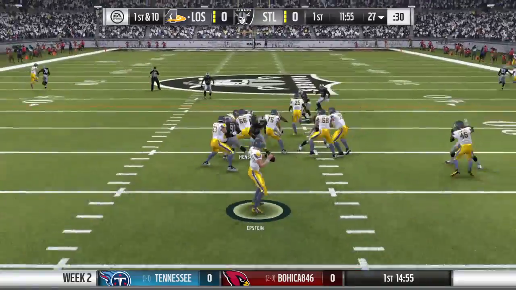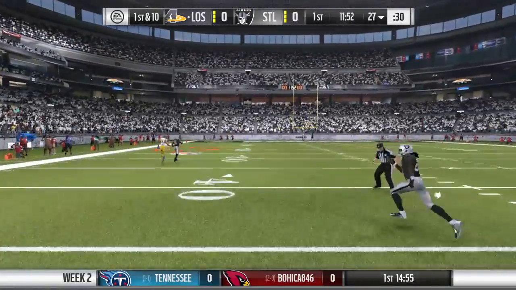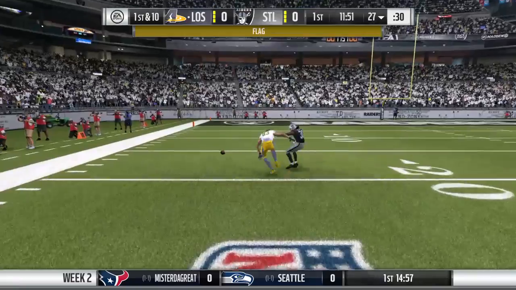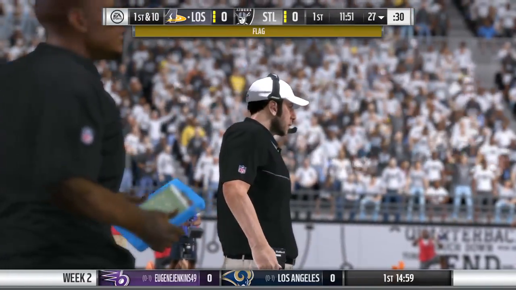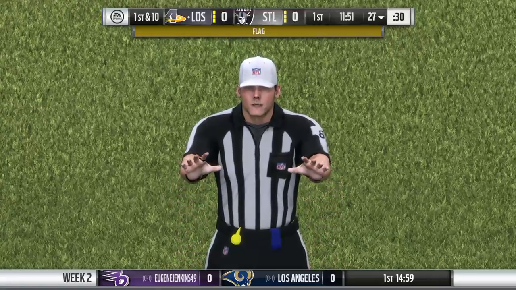Play action here on first down. Oh, he's going to take a shot right away. And they didn't wait long to take a shot there, that's for sure. But it falls incomplete, and it's second down. Pass interference,